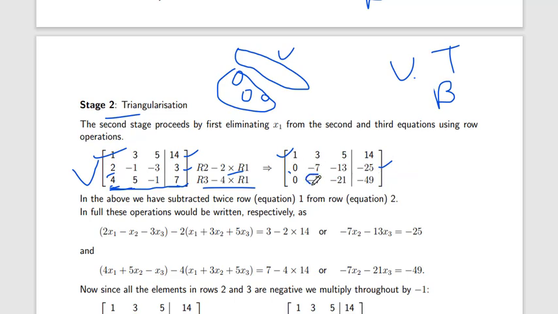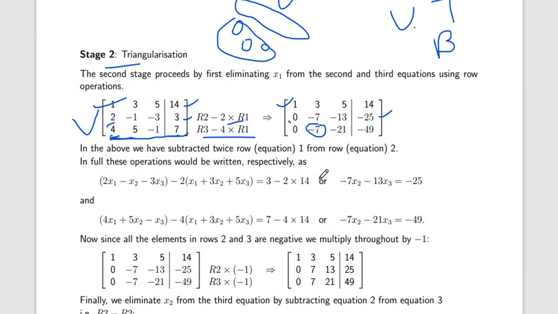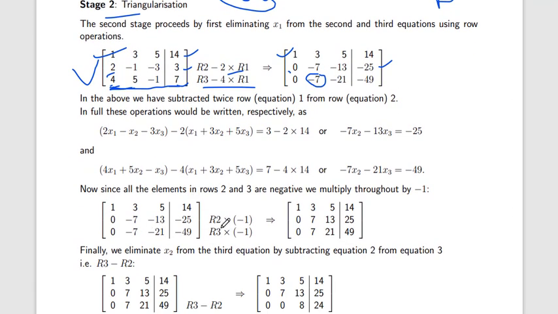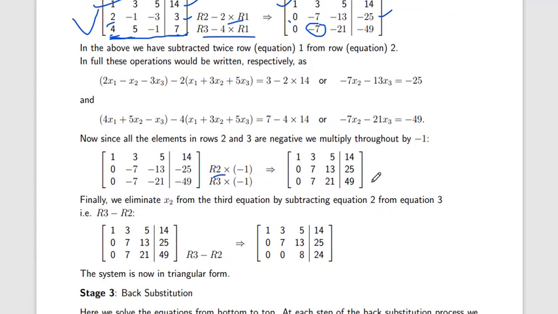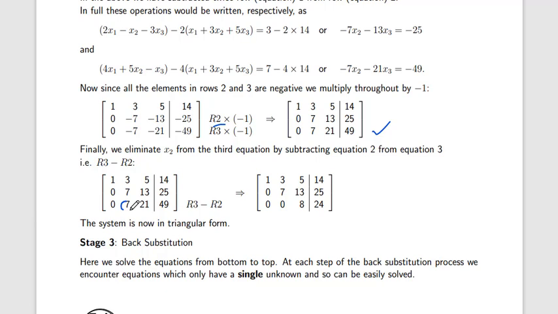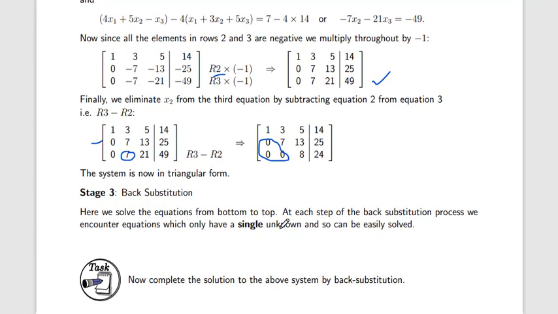Now we have to make this into 0. First of all, we divide out the common factor in both the second and third rows. So we have 7 7 13 12 21. How do we make this 7 into 0? If we subtract the second row from the third row, we will get 0. Here you can see that we now have an upper triangle matrix. These 3 elements are 0. So now with the help of back substitution we can solve this.